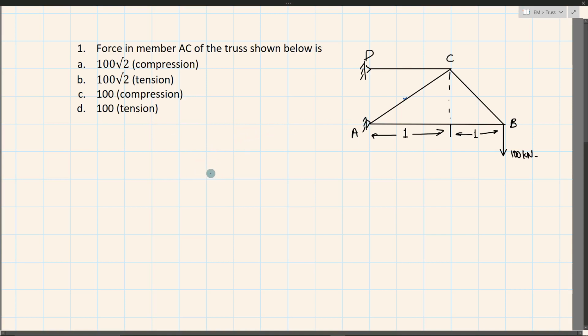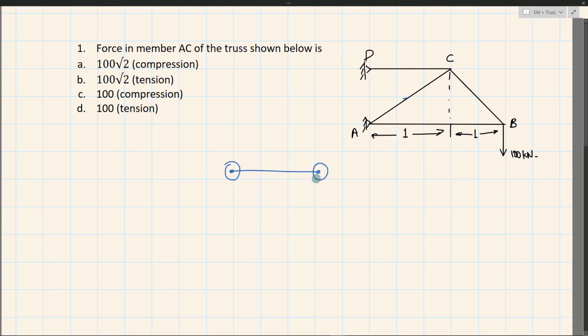In a planar truss, each member is a two-force member, meaning that this member or any member in a truss can take up load only at the endpoints, right? So a member cannot take load something like this. Also, it cannot take any moment, so this is not possible. All right, so in a truss, each member,